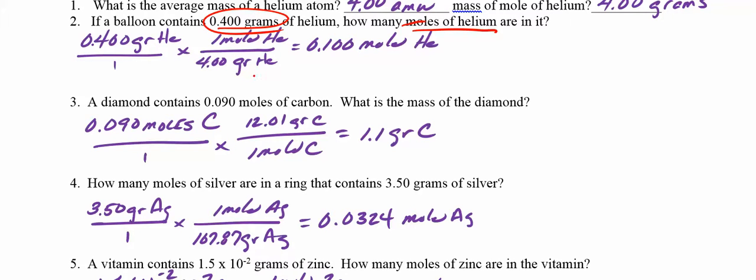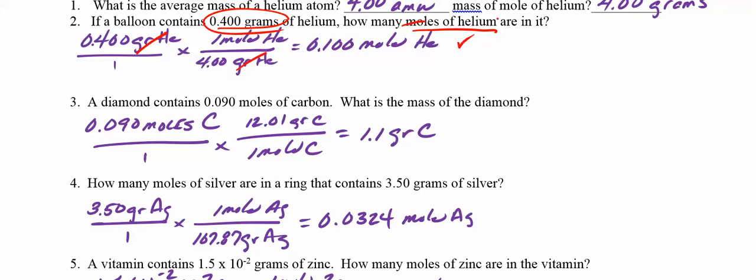Whatever unit I'm looking for goes in the upper right-hand corner. Note that moles of helium is underlined, so that's what I'm looking for. So I'll ask myself the question, how many grams does 1 mole of helium weigh? Well, we've already answered that in the previous question. It's 4.00 grams of helium. So now what I'm going to do is cancel units. Grams of helium goes away, and I'm left with moles of helium. Now I'm going to divide 0.400 by 4.00, and I get this number,